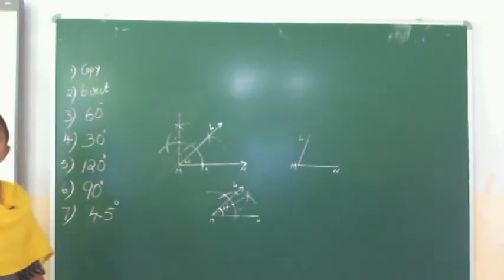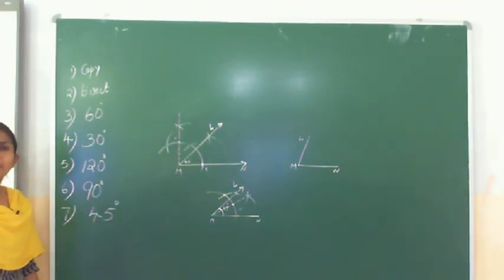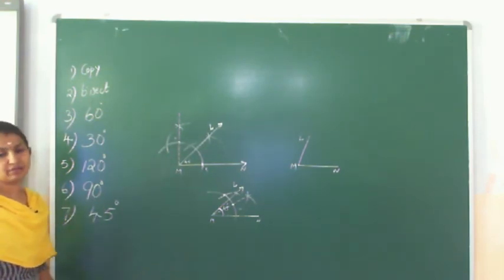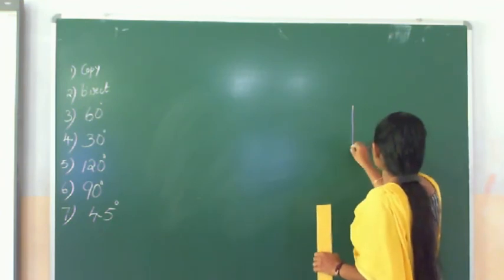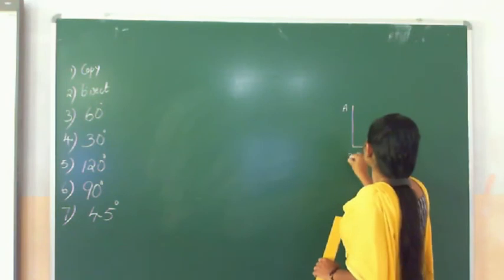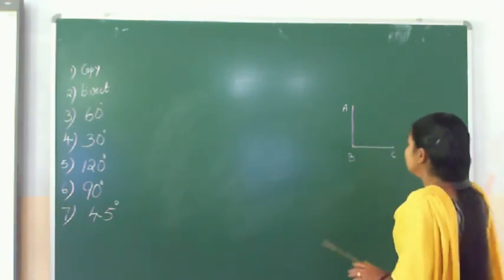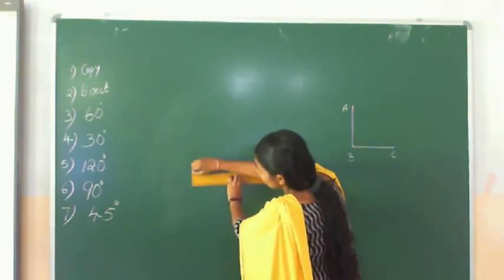Okay. The same way, is there any other method to draw 90 degree angle? A 90 degree? For drawing 90 degree, one more method is there. Let us see how we can draw 90 degree. First, a rough figure of 90 degree. Name it. According to that, we are going to start. So first, we need a line segment.